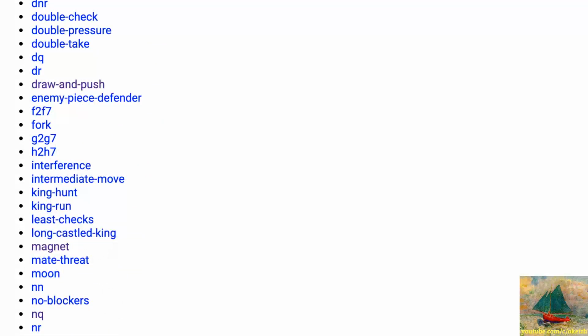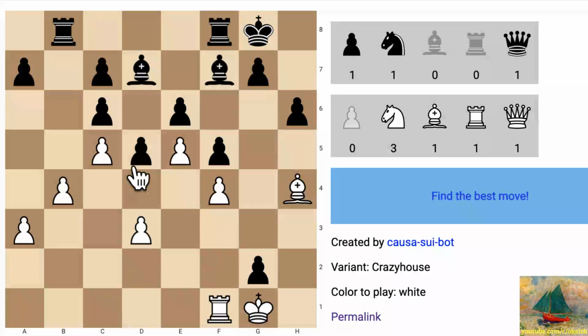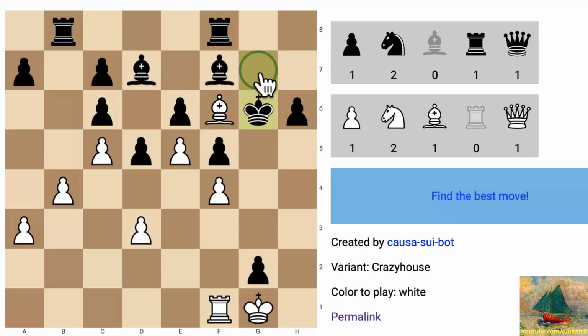So I'd say it's a magnet idea, but I mean, if I just choose a random magnet idea, so I just opened up a random puzzle, and this was a magnet position. I can't remember, but I'm just guessing this, and then you do something like rook here, say, and then bishop takes pawn. So the rook g2 idea was there. And